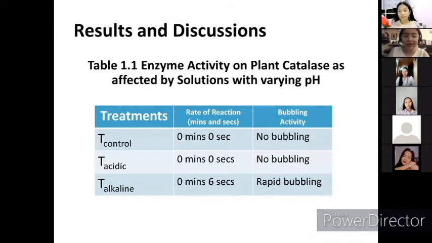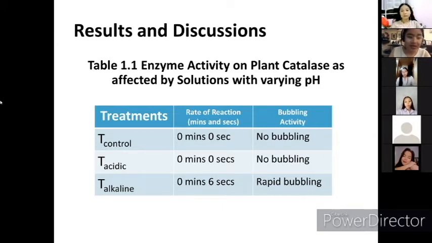So, good day. I'm Kian Martin and I will discuss the results and discussion. So, we have the pH and temperature influence on plant enzyme catalase, and as you can see here, Table 1 shows the activity of the plant's enzyme as affected by varying pH. The acidic solution used in the experiment is vinegar, which has a pH level of 2.5 to 3. T control shows in the table that the plant enzyme did not produce any enzyme activity or bubbling activity, and